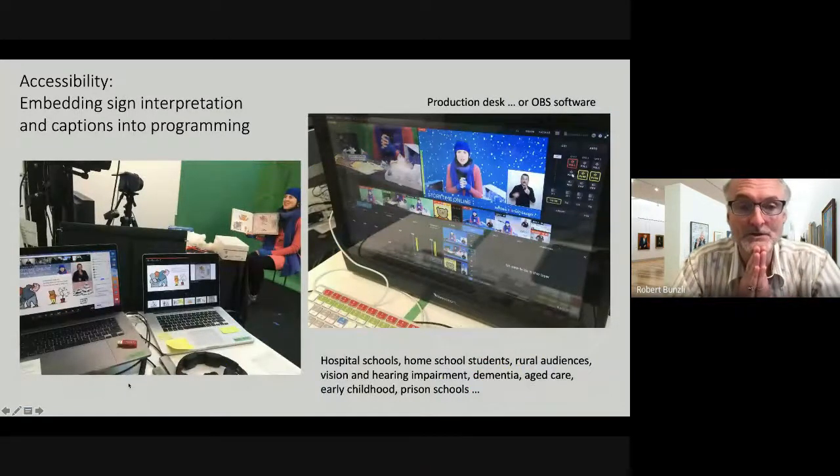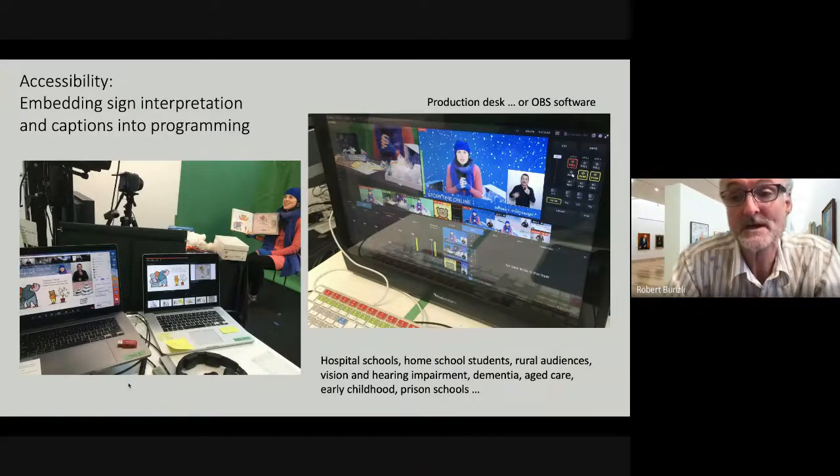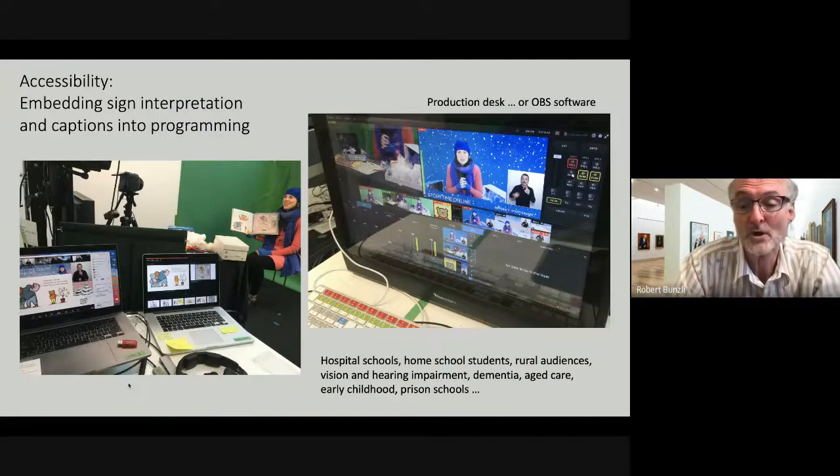So we have done a lot in terms of embedding these sort of accessibility features, and we have done it through specialized equipment, like on the right here, one of our video editing desks. If you don't have this equipment, you can access video editing software such as OBS, free off the internet, which will do everything that this $15,000 box that we bought secondhand will do.